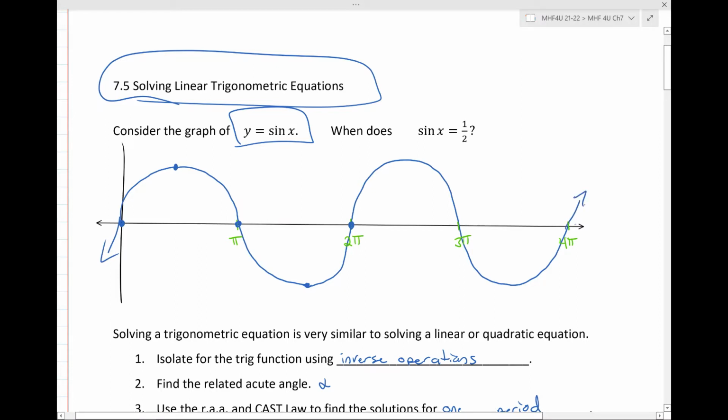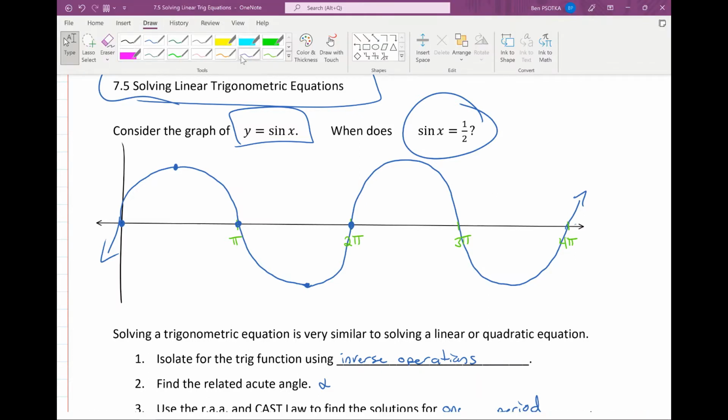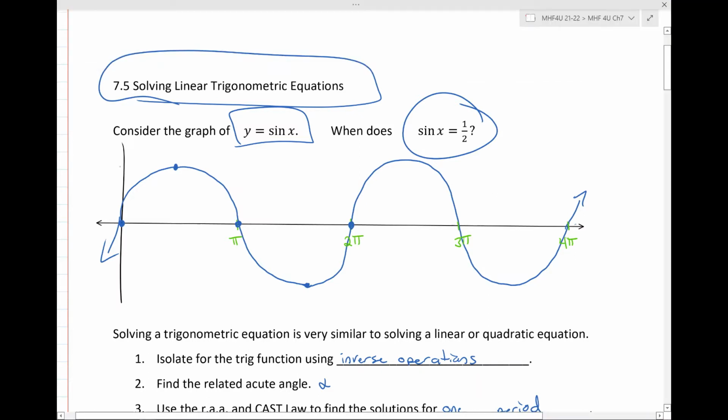Now, if we're taking a look at this graph, and we're asking ourselves, okay, when or where does the sine of x equal 1 over 2? Well, I know my maximum values here are at y equals 1, right? Okay, so if there's my maximum value, about halfway, that's going to be where the sine of x equals 1 over 2. I could use my related acute angles to find all of these values right here,